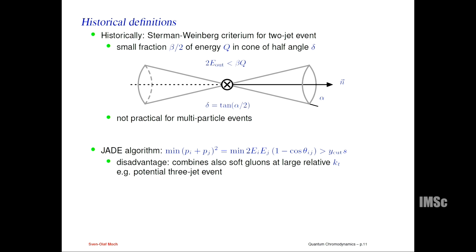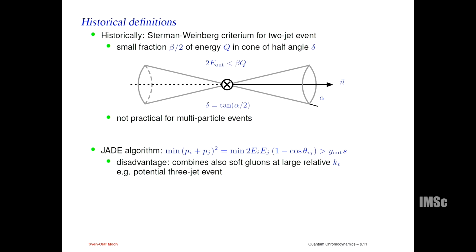So then the jet definition algorithm would be you take the minimum of the momenta of particle i and particle j, you square it, sum it up. This you can rewrite in terms of the particle i energy, the particle j energy, and then the angle between them, the 1 minus cosine theta angle between them. And if this is larger than some y-cut, you would keep it as separate jets, and if this is smaller than y-cut, you basically say, okay, they're really close to each other, and so you would put them in one jet. So this is one way of putting things together.